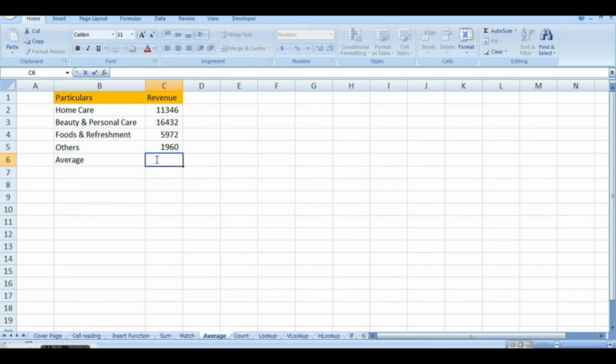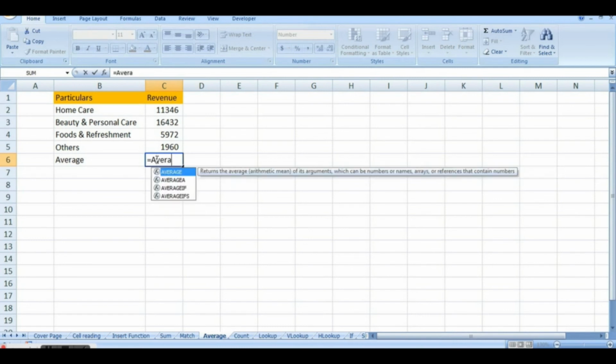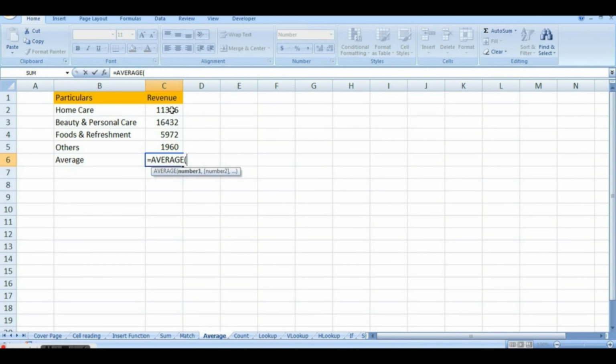Now here, if the values are in sequence you can use it, but if the values are not in sequence, how to use this formula? The methodology is same. Average, the numbers that you want to select, if they are in sequence you can simply drag them, if they are not in sequence you can select them one by one. 8928. This is what we have seen in the automated inbuilt answer given to us by Excel.